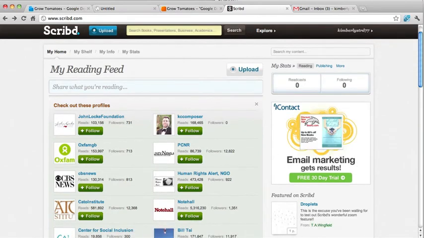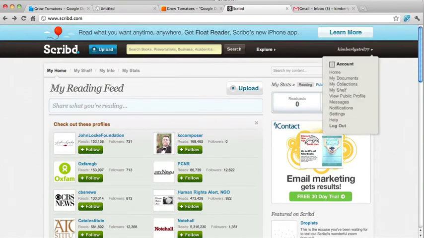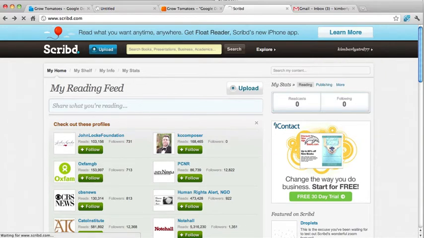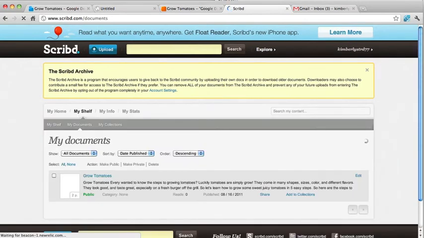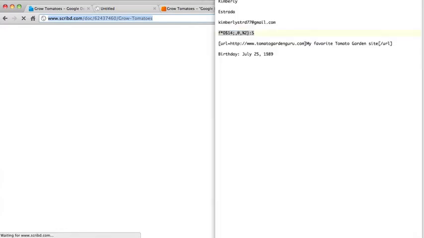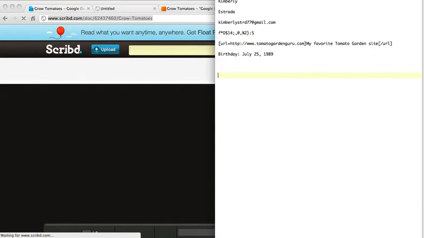Once it's uploaded, we just need to go and find in our account my documents. We're going to find the URL to this specific page because we want to actually visit the document page, and we're going to copy this URL and we're going to put it in a text file to be used for our report once we're done with all the document sites. So let's just label this